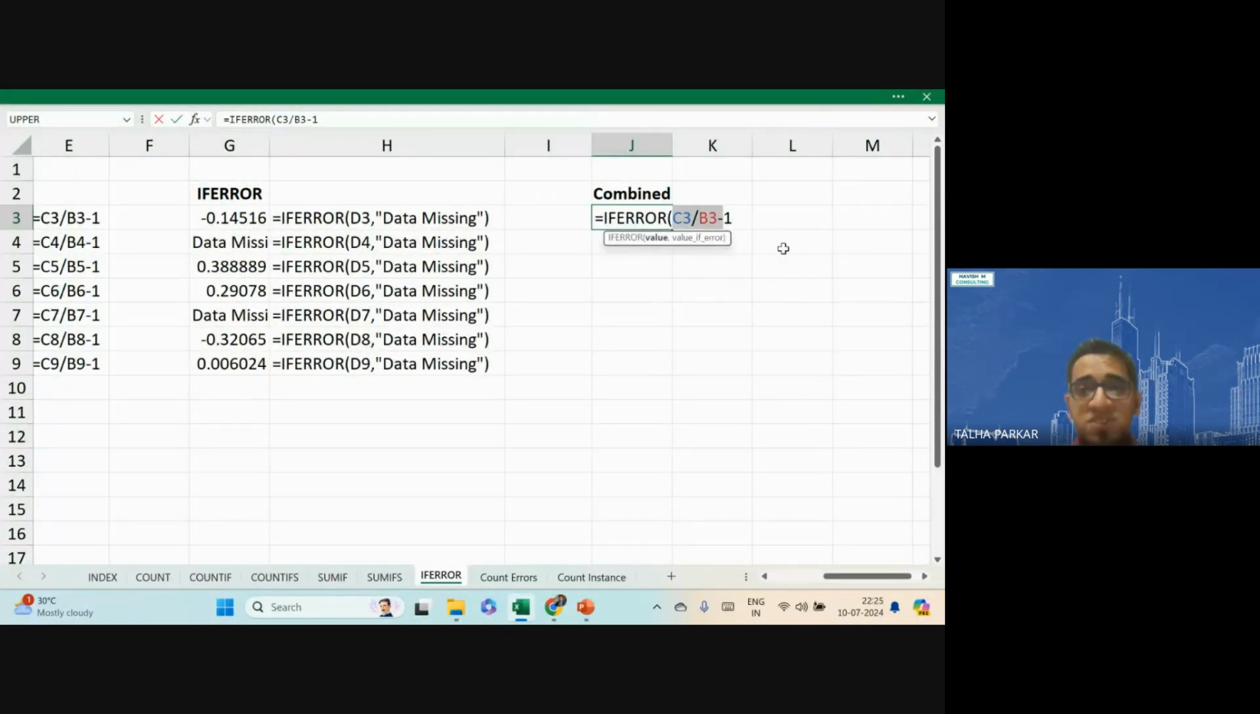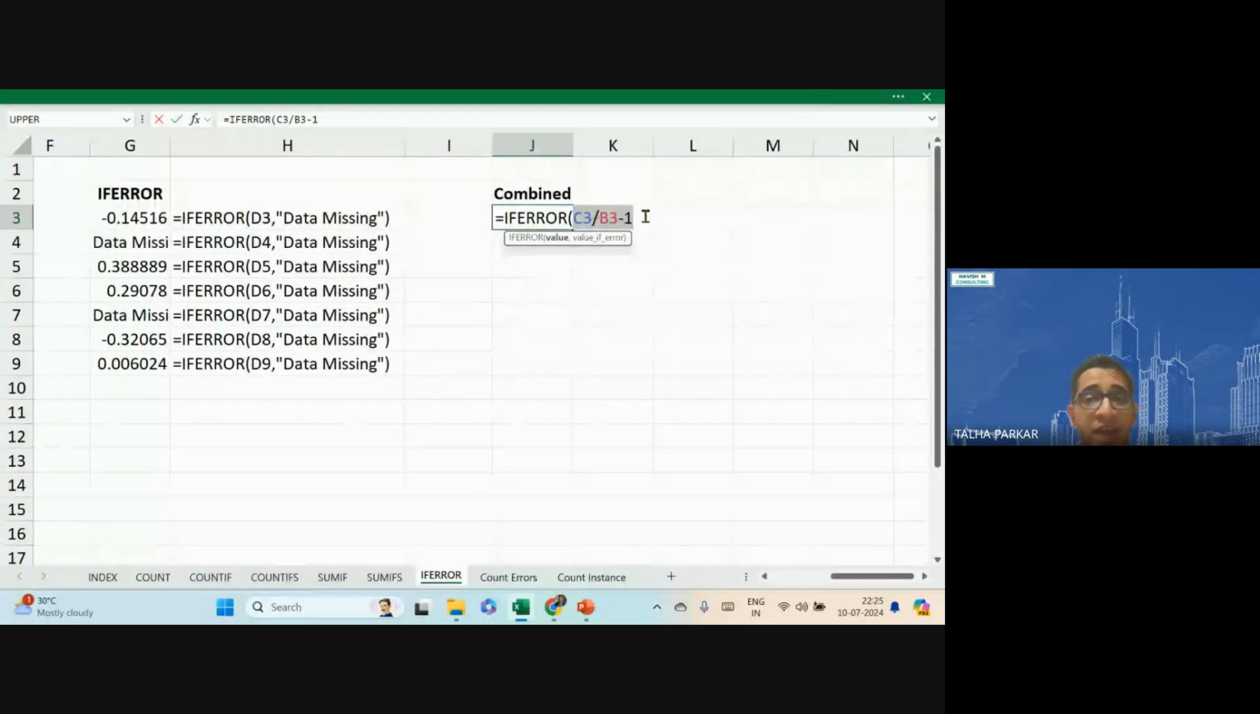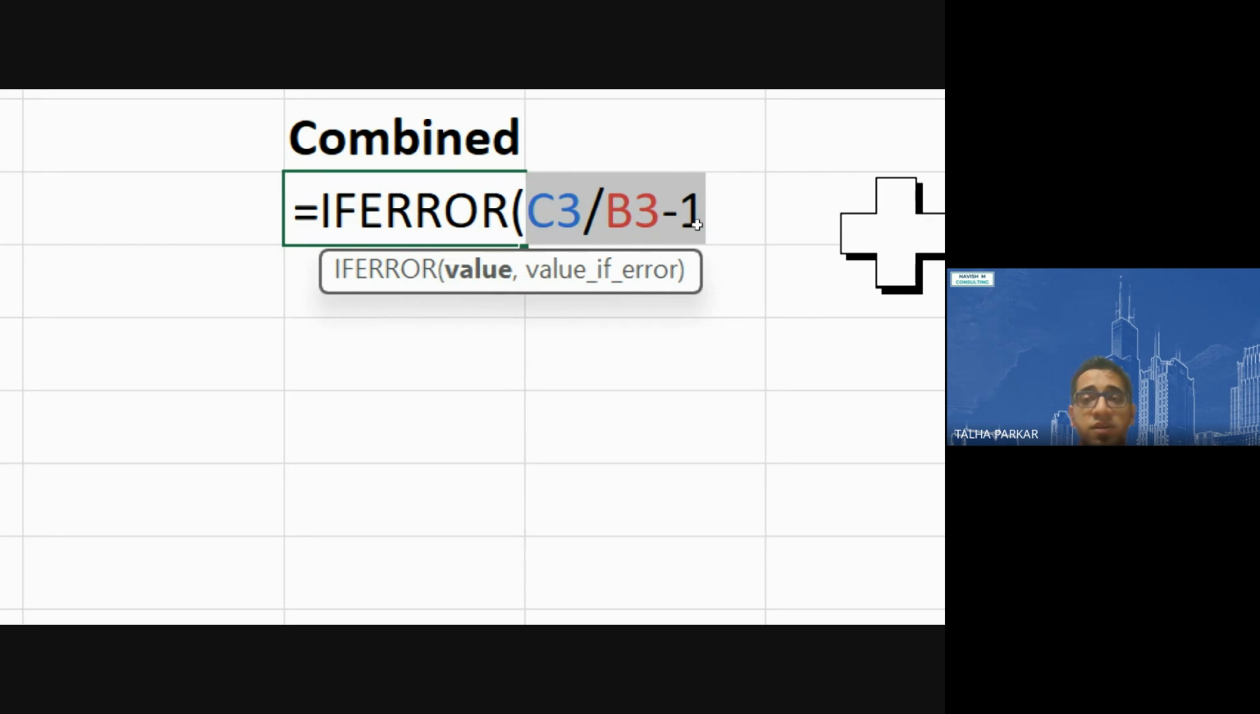Now because this formula C3 divided by B3 minus 1, current year minus last year, current year upon last year minus 1 will give me the change percentage, the growth or the degrowth percentage. Now that formula is resulting into a single value. Like you can see on the left, the formula is already resulting into a single value. Now I want to supply that value, जो भी result आ रहा है, I want to supply that result in the value argument of the if error formula. When I put a comma,